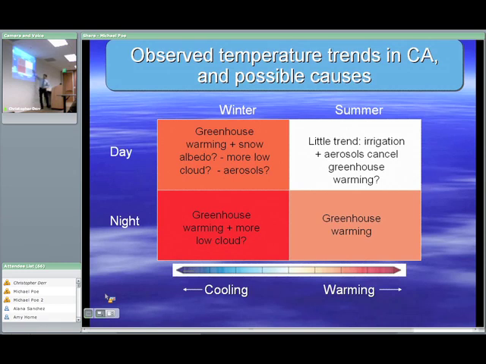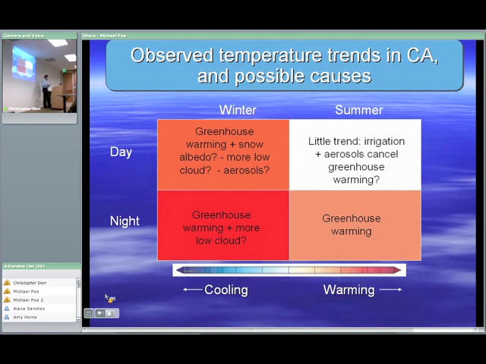The issue of why more warming at night than in day is not entirely understood, but one contributing factor clearly is particulates, aerosols. Particulates are complex in terms of how they affect climate, but the dominant effect seems to be cooling, and the cooling mechanism is reflection of sunlight. Okay, so that operates primarily in daytime, obviously, when there is sunlight.